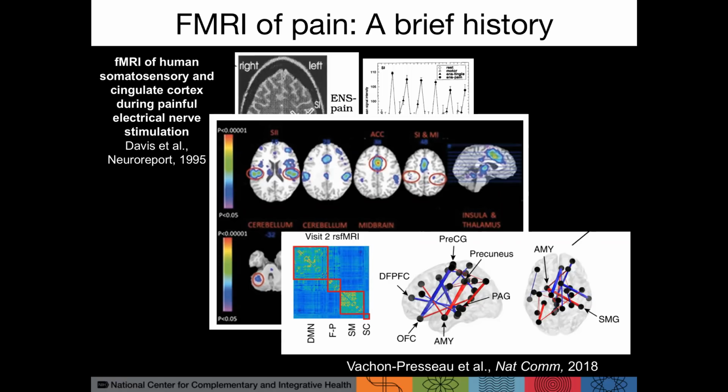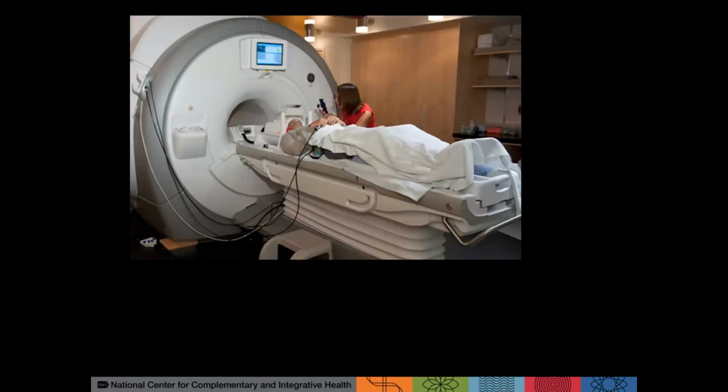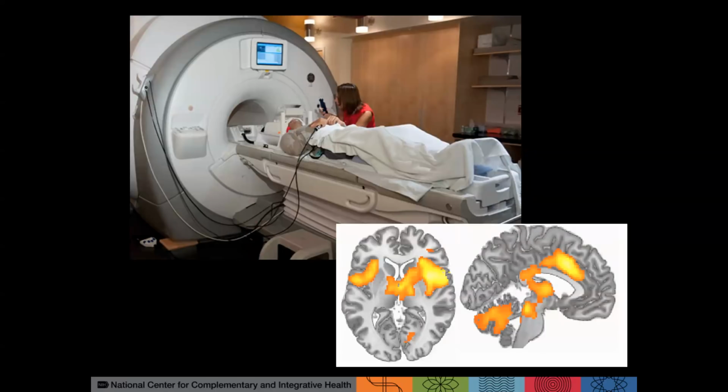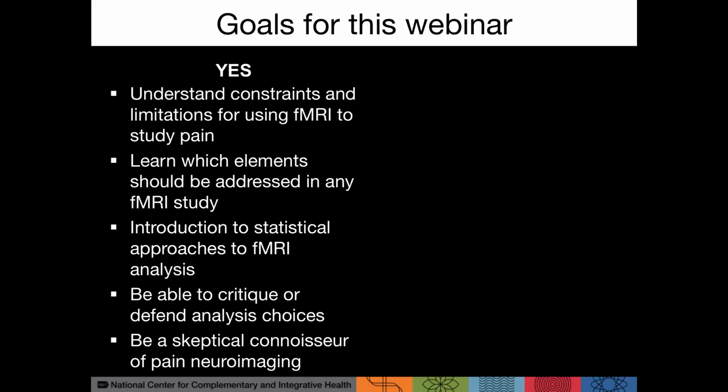So my goal today is to talk about how we can use this crazy huge machine to generate images like this. And I really want to walk you through the steps of decisions that people make so that you can be a critical connoisseur of imaging, or an imager if you are a grad student who's planning to get involved. So the goals for my talk today